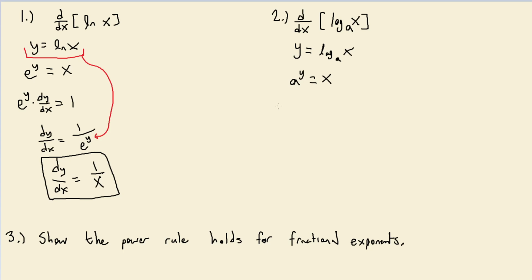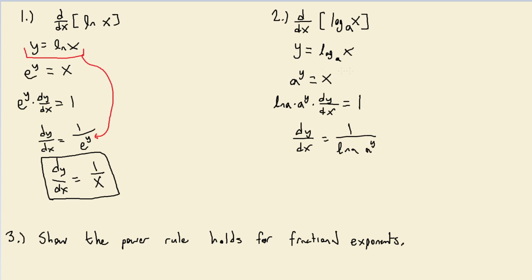The derivative here is just going to be, we'll take the derivative of the outside function with respect to y. It's going to be the natural log of a times a to the power of y. But now we need to take the derivative of this inside function, this y, which is implicitly a function of x, written explicitly up here, so you know that it depends on x. We'll take the derivative of that inside function with respect to x. Once again, just exercising a chain rule. Take the derivative of the right side with respect to x. This is just equal to 1. And now we solve algebraically for the derivative. We get dy dx is going to equal 1 over the natural log of a multiplied by a to